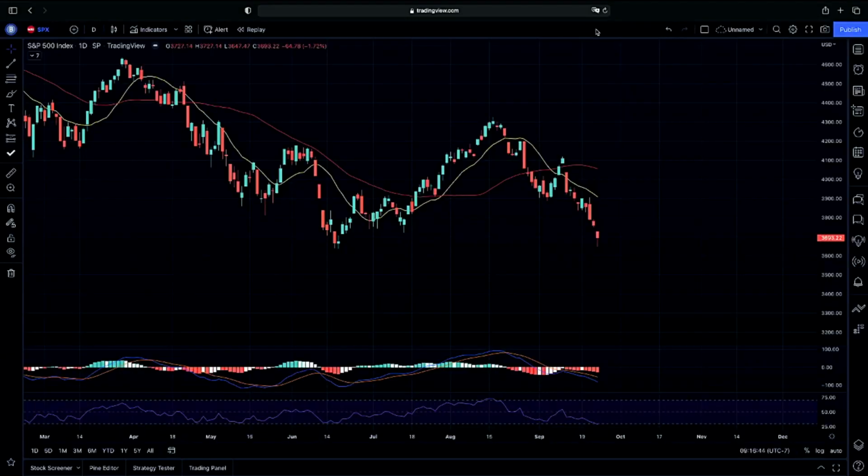So jumping into the daily chart with you guys here on the S&P 500. Again, this is the SPX. We typically go over the SPY just because it's a lot easier. A lot of people like to trade the SPY a lot more than the SPX for the most part. And also, if you guys do want to trade futures on the S&P, you guys can trade the ES. Again, that is the S&P futures. Another way that you could be trading if the market is closed, maybe you want to trade earlier or possibly later in the day. It does open at 6 p.m. if you do want to trade futures.